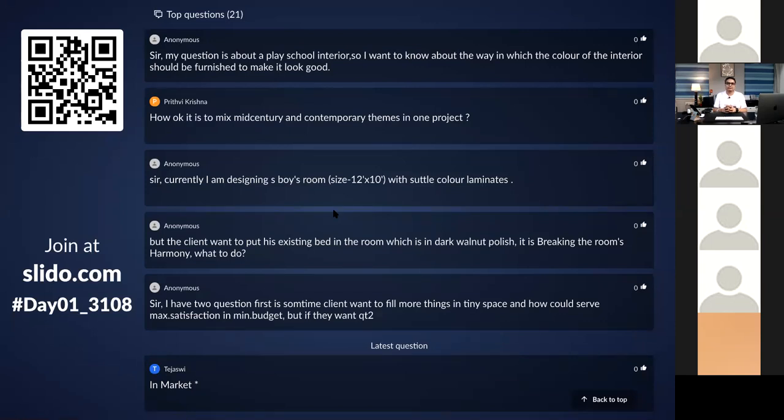Perfect. If you are doing a brand which already has stores, then they will have a specific design of gondolas with them. They don't want to change it. But if it is something new coming up, then you can go ahead and design based on their requirement. Okay, thank you, sir.